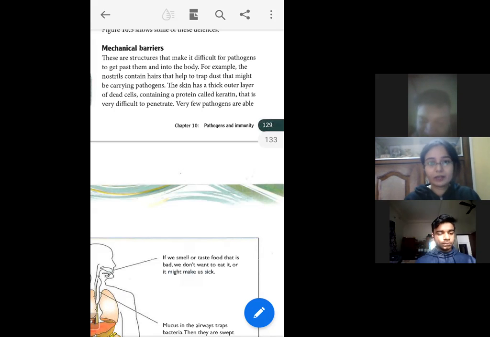So there we are not secreting any chemical like mucus or HCl. Are we secreting any chemical? No. At the same time, this is a physical structure. Just we are having here that is stopping the dirt and dust particles along with the pathogens from entering our body. It's a physical structure. That is a barrier for the pathogens that stops the pathogens from entering our body. Okay. So this is why these are called the mechanical barriers.